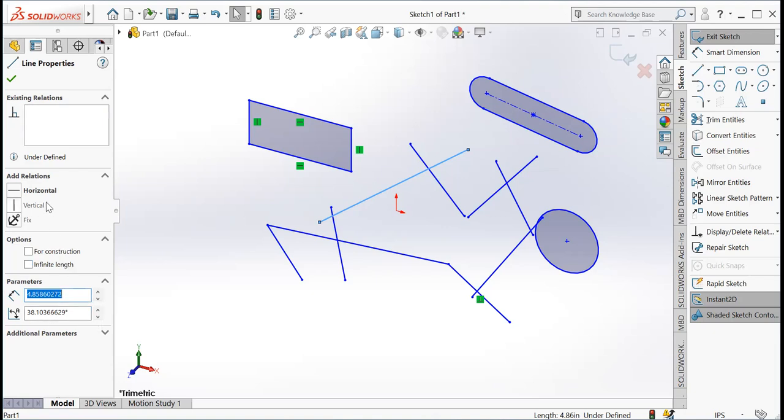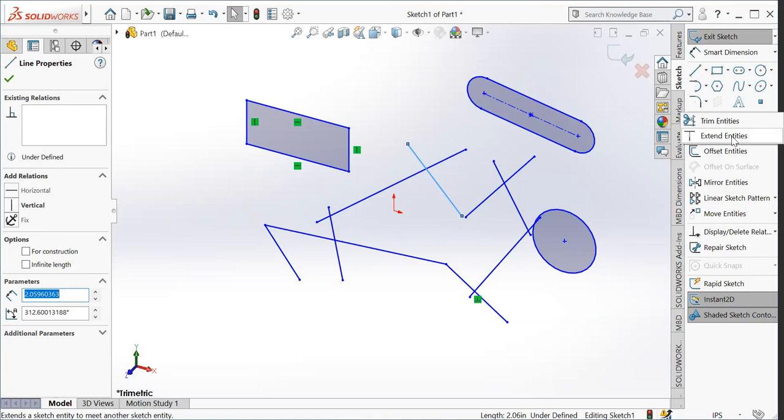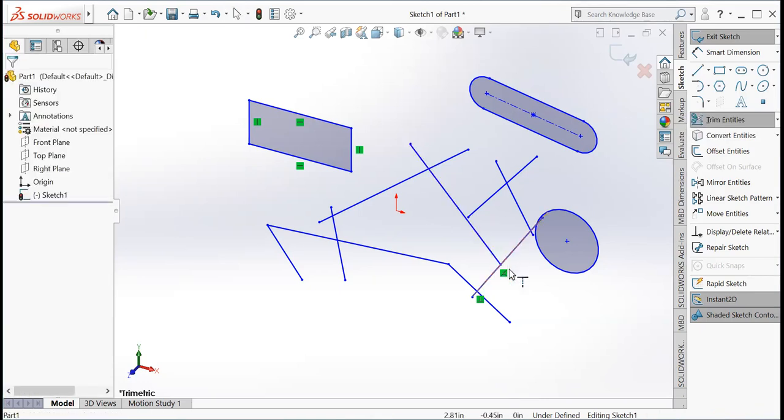Then we have to fix these lines, make it vertical, then the existing relationship with this other line. When we are selecting this line with extend entities, see here this line which was up to here has now been extended up to this point.